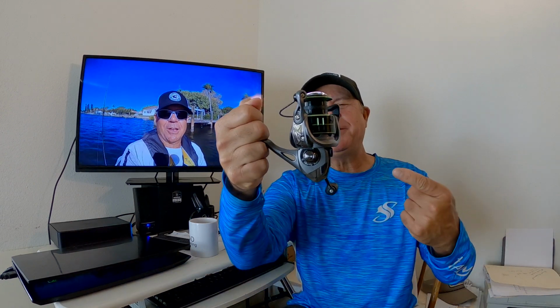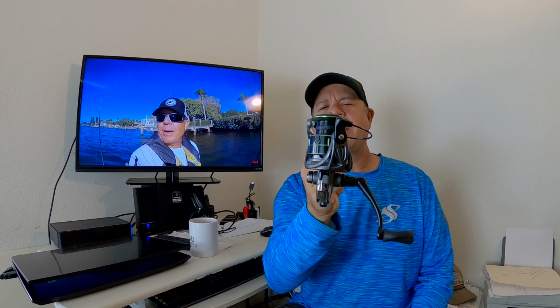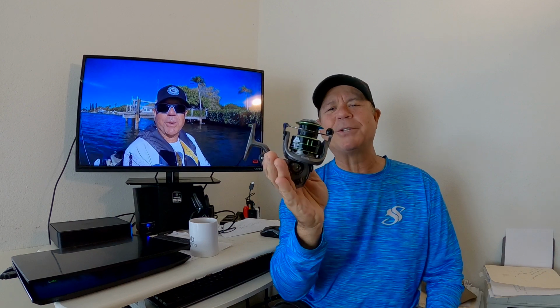All right, guys, I'm going to be doing the review of the Ozark Trail 3000 size Walmart brand spinning reel. I purchased this 3 months ago. It has been a fish catching machine. I have wrecked some giant fish on this little bitty reel. I mean, this thing really should be used in freshwater, but I have put it to the test in saltwater,